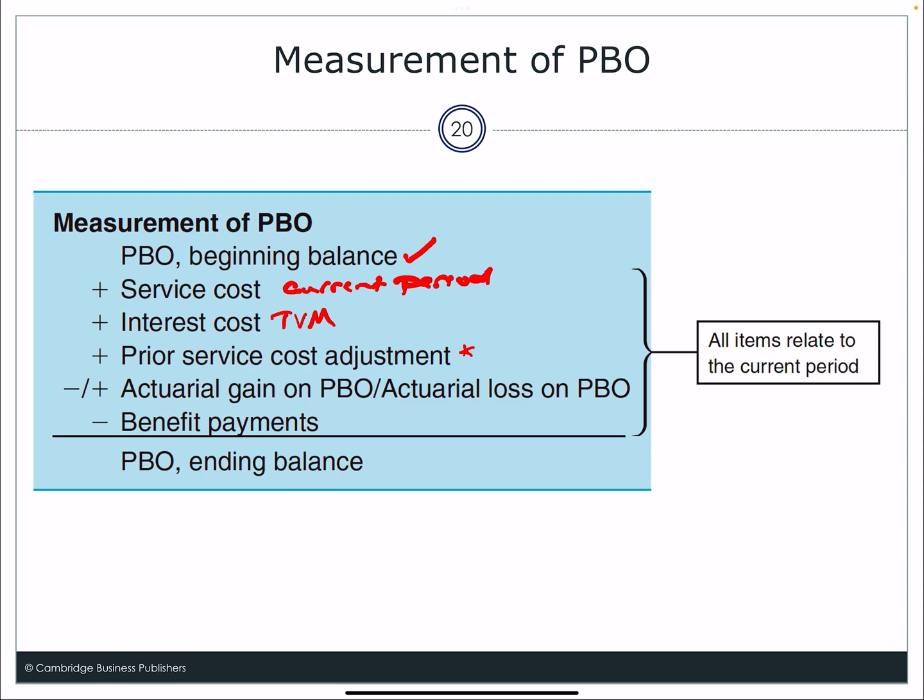And then we've got this thing, actuarial gains, actuarial losses. That's a catch-all for saying all the people that make these estimates on how long people will work, what they might be making, how long they might live, those are called actuaries, right? And as their estimates change, we need to flow that into the liability. And then again, we take out those benefit payments. So service cost is always going to increase the obligation, right? Because if my employees work more for me this year, and I have promised them